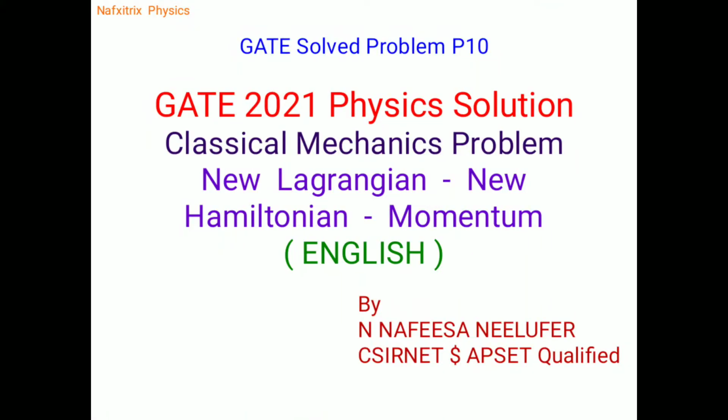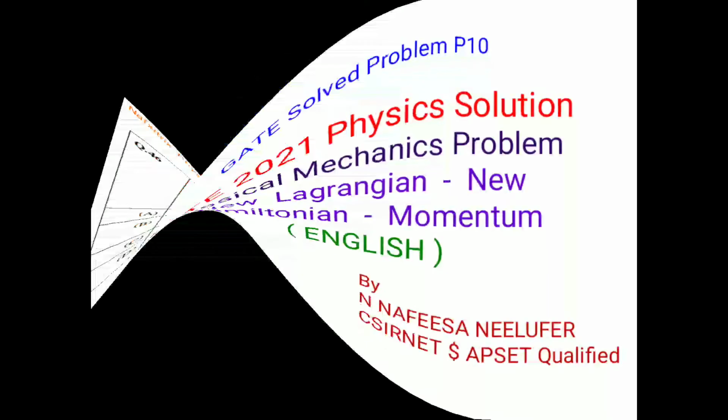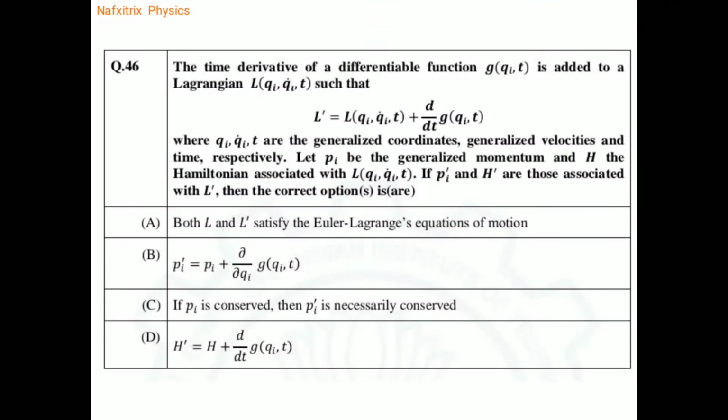So let's discuss a problem from GATE 2021 physics, which is from classical mechanics. It is related to a new Lagrangian and finding the new Hamiltonian, momentum, etc. So the problem is the time derivative of a